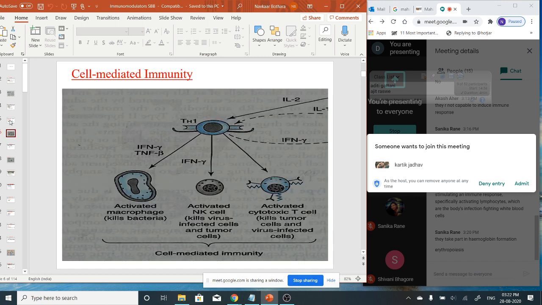Okay, so this is the same picture. Now we are enlarging how this interleukin 2 acts on the thymus or T cell, one type of cell, and then how differentiation takes place, activated macrophages which kill. This is all what we call differentiation, that from one cell, three different physiological activities or three different types of cells are there. The natural killer cell and activated cytotoxic T cells are produced, and various chemokines and cytokines are playing a role.